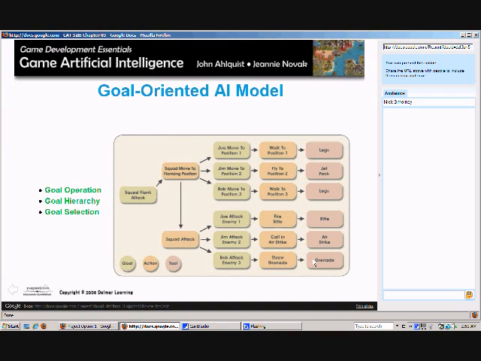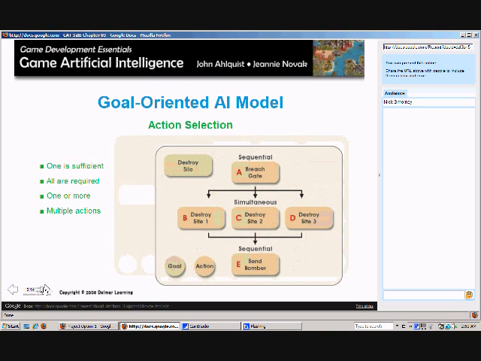It also allows for very interesting situations where you don't have the tool available, and so you can basically have your AI agent try and determine what the best action is, given the fact that they have a goal to achieve, but they don't yet have the prerequisite to complete that goal. And so part of goal-oriented AI is figuring out